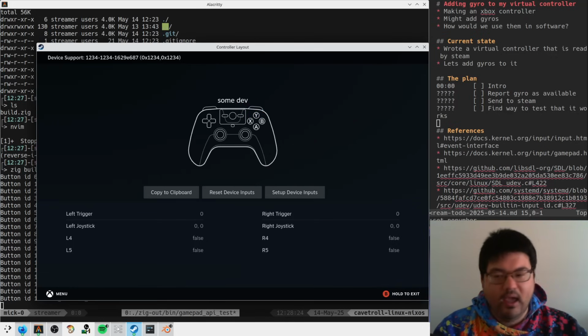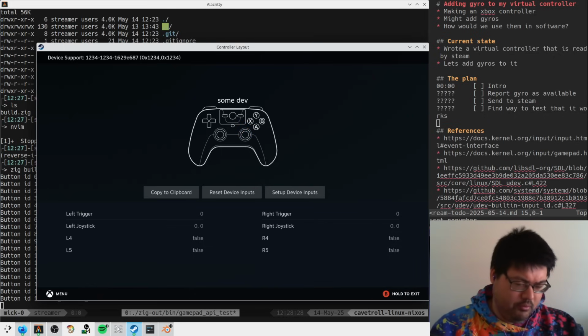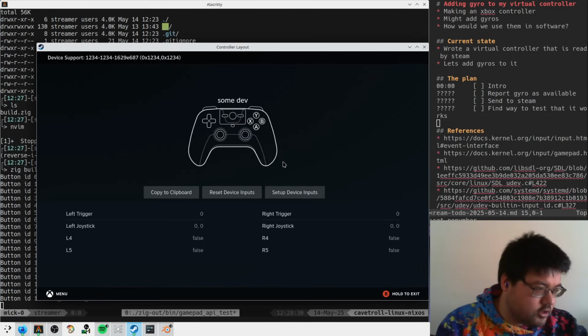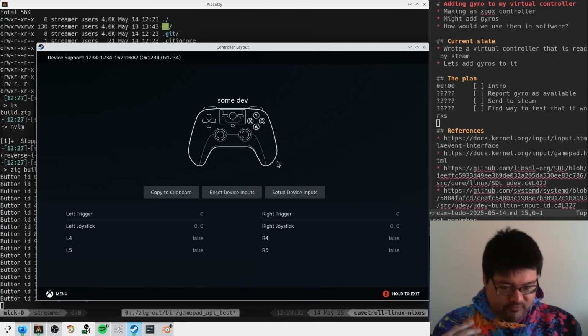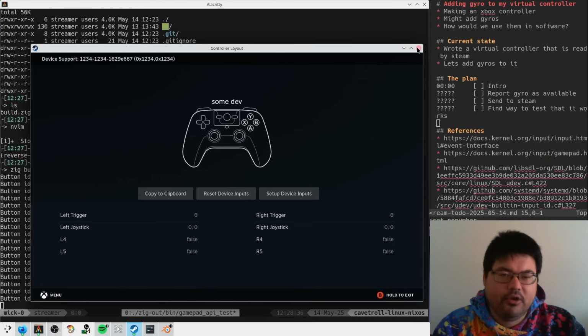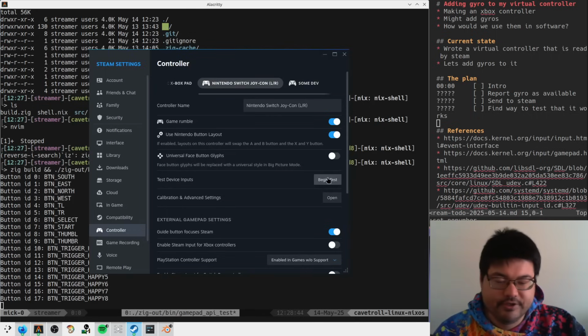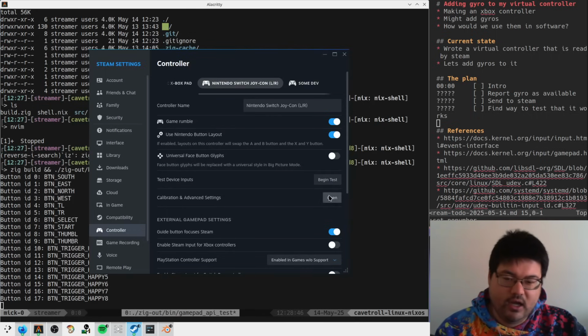So we've got a thing for the purposes of testing software. This isn't hooked up to the real controller, but we want to understand the interfaces before we commit to anything. Today, I want to look at what we would need to do to get this thing to report that it has a gyro. I have the Nintendo Joy-Cons from the Nintendo Switch hooked up to these things, and if I go into